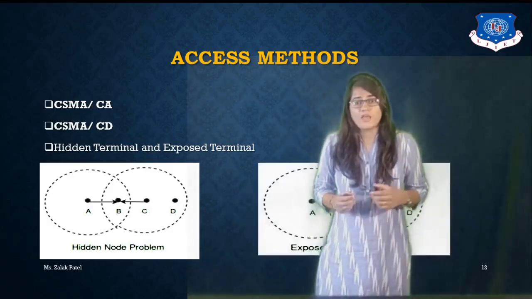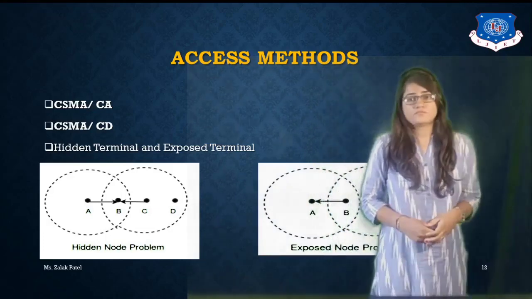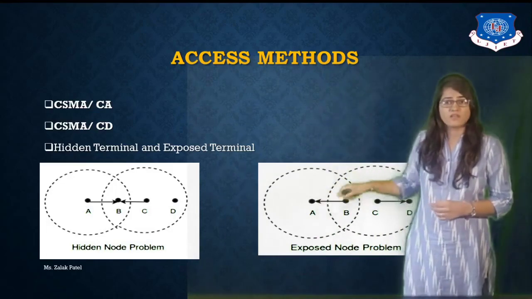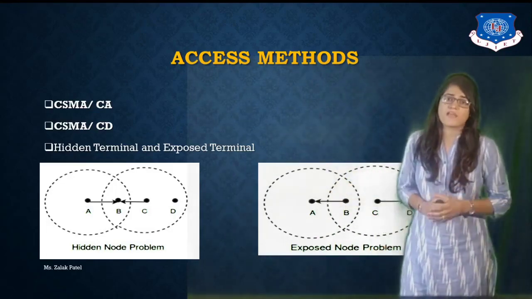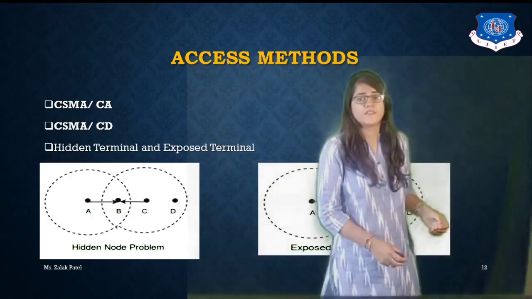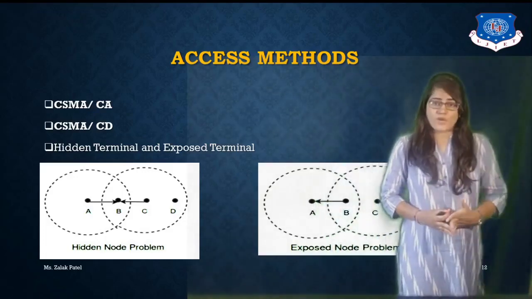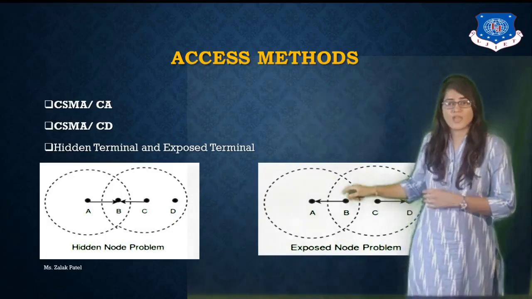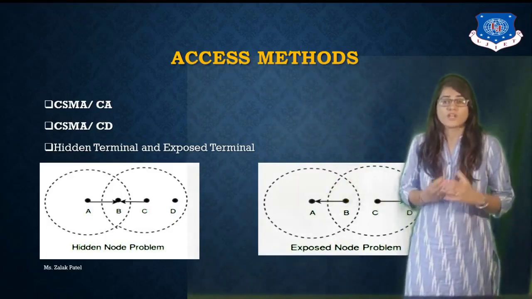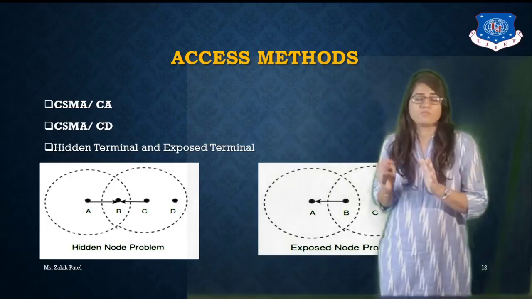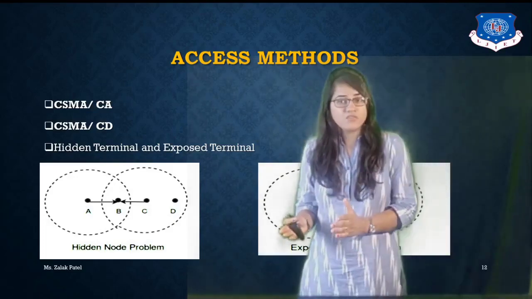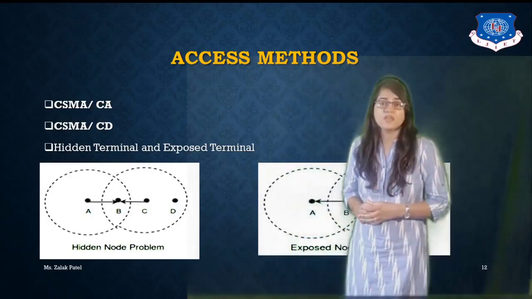In the case of exposed terminals, you can see that terminals B and C are exposed to the terminal at end A and the terminal present at point D. So the users at points B and C are called exposed users for the terminal A user as well as for the terminal D user. Means both terminal A and terminal D users can access B and C at a time.